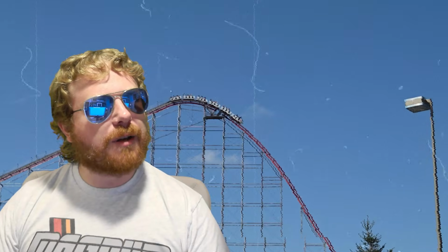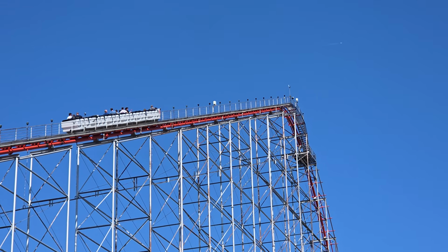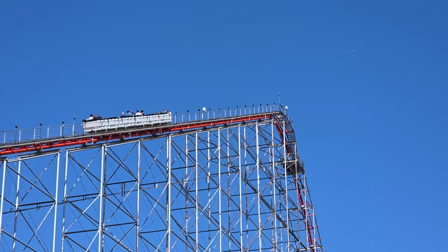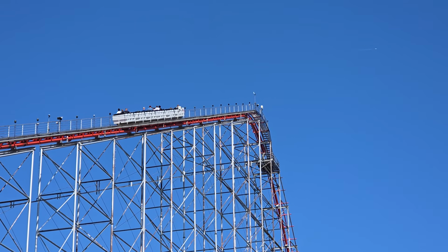Oh, right, also I should probably talk about the scoring system. Now, to be scientific about this, I needed to control for as many variables as I could. But it is impossible to control for absolutely everything, so I limited variability as much as possible. Firstly, I would do all these rides on the same day. This maintains consistency with weather and ensures that no overhaul to the trains or track would occur that could change